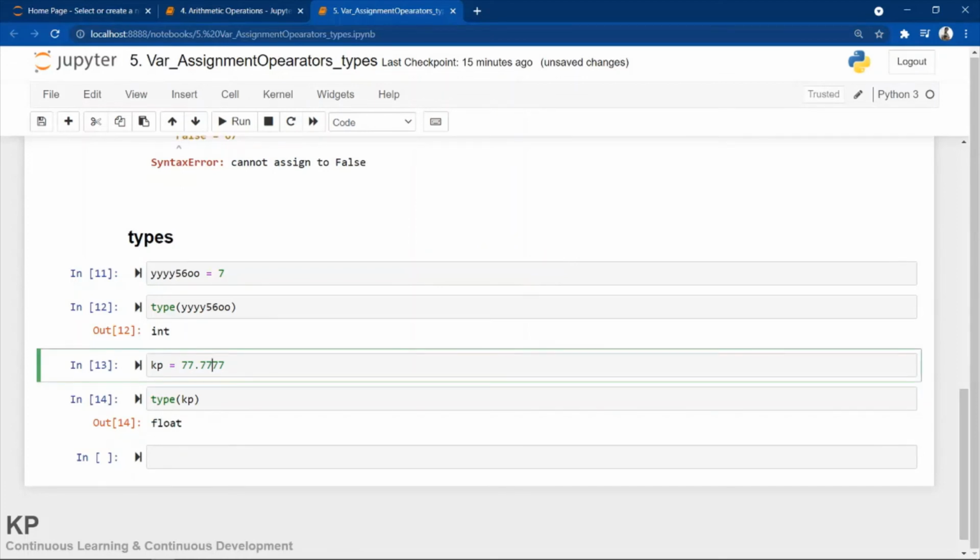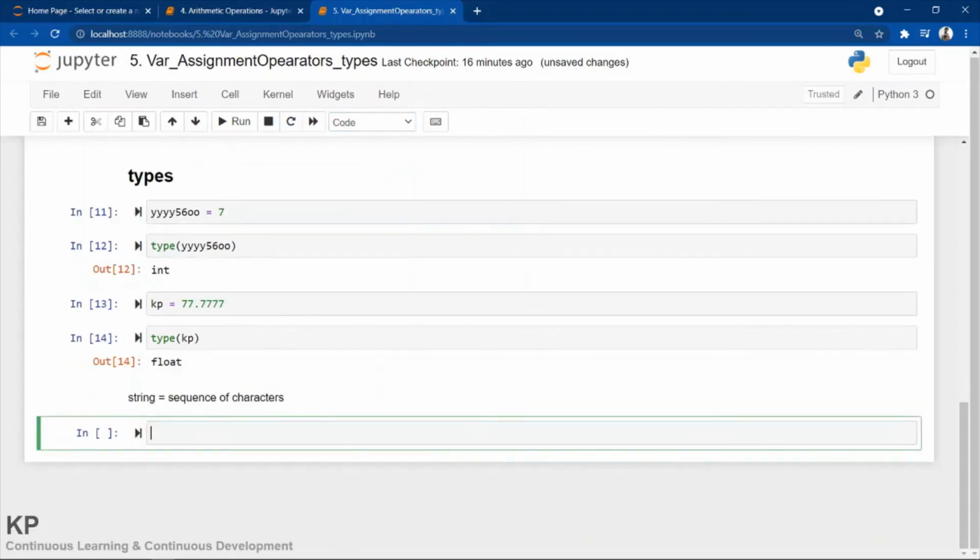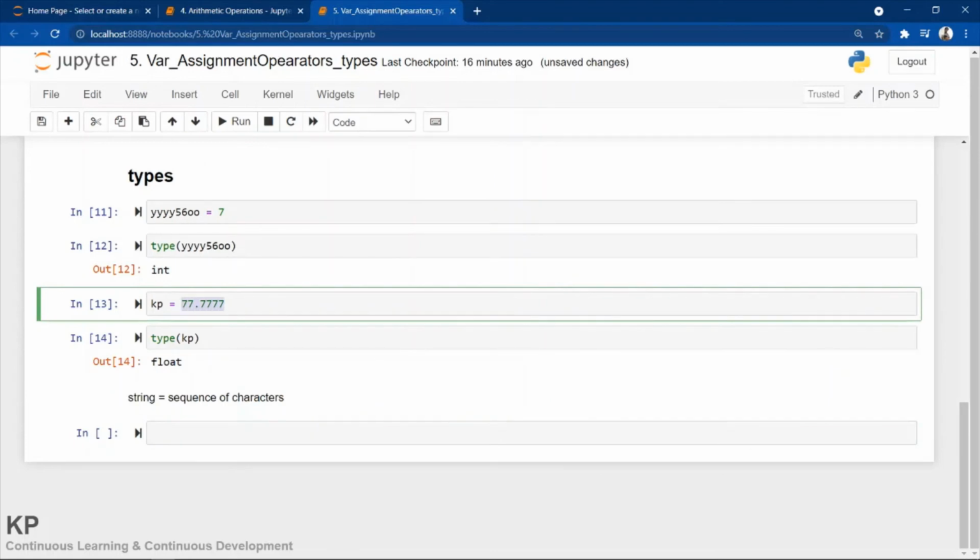If you know about strings, a string means a sequence of characters. Let me write here: string equals sequence of characters, and let me make it markdown. If you want to keep a sequence of characters inside a variable, you have to use quotes.